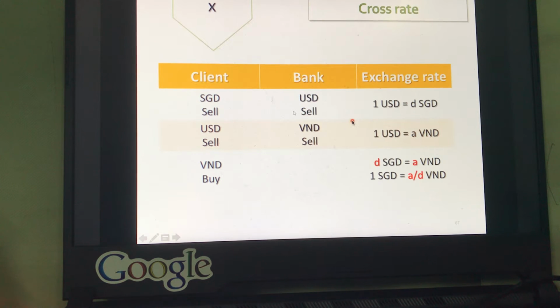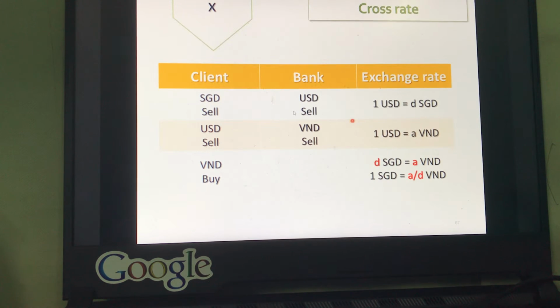Okay, we start when the client holds commodity currency in hand, the dollar Singapore. So what should the client do? The client will sell the dollar Singapore to the bank, okay? And the bank will buy the dollar Singapore, and in turn, the bank will pay to the client the USD, okay? Because